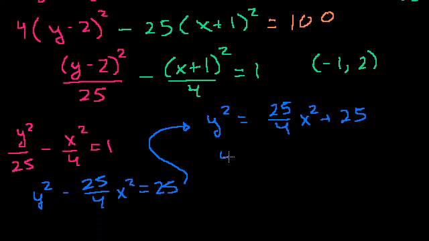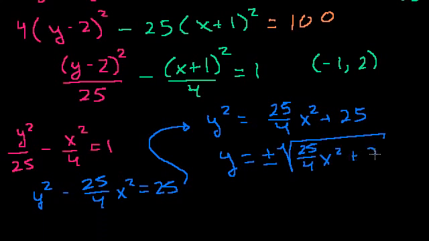And so y is equal to plus or minus the square root of 25 over 4 x squared plus 25. And like always, the hyperbola will never equal or intersect the asymptotes, but the asymptotes are what the graph approaches as x approaches positive and negative infinity. You'll learn the concept of limits later on, but I think you get it at this point, because that's what the idea of an asymptote is: